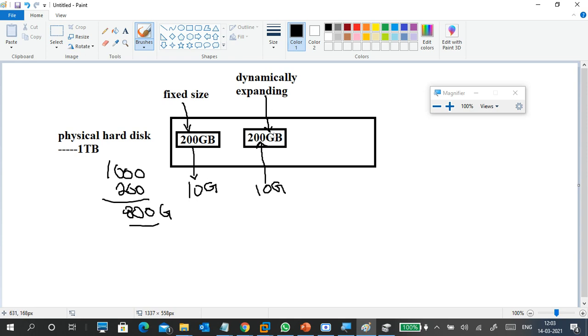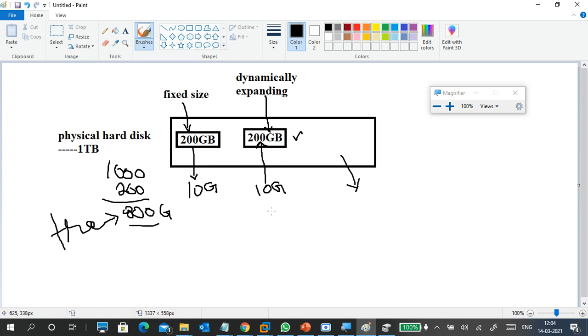Now I created a dynamically expanding disk. After that I created a dynamically expanding disk of 200 GB, and I keep 10 GB. Now what is the free space? This was the free space earlier, this is the free space now. What is the free space after creating this one?